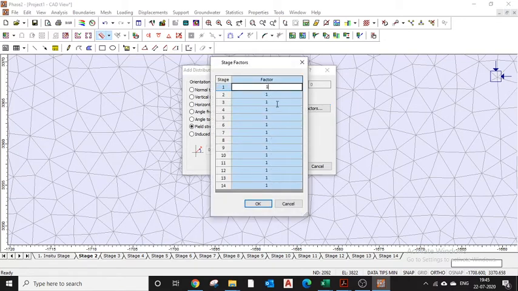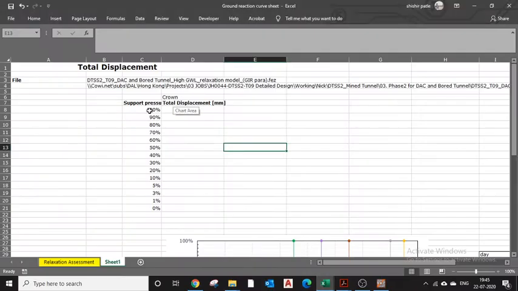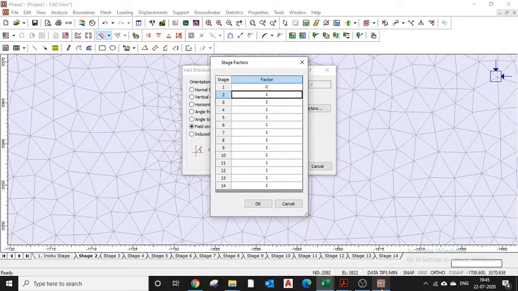So for in situ condition, I have no excavation, so I will keep it as 0. Now the second will be 1, because my support pressure is 100%, so my field stress will be 1. Now if my support pressure is 90, then what should be my field stress? It should be 0.9. So I will just add here 0.9. Simultaneously I will add other things.